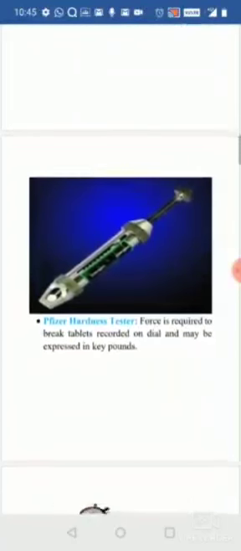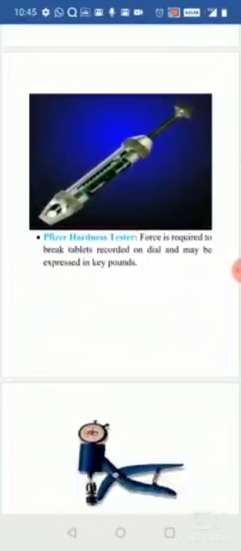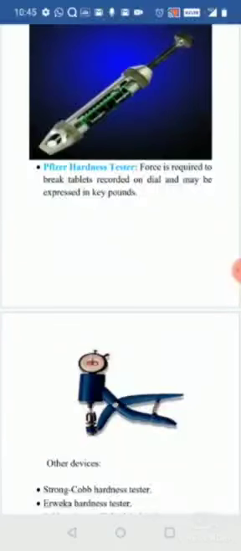Coming to the next, the Pfizer hardness tester. It is simply similar to cutting pliers. You press the tablet between your hands, the same way you press cutting pliers.